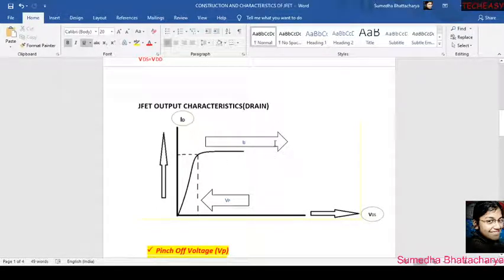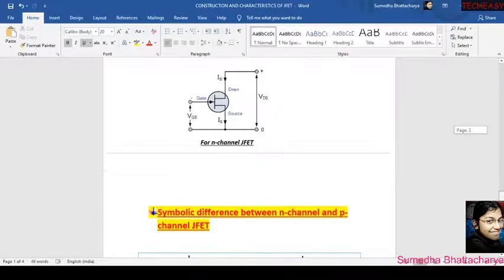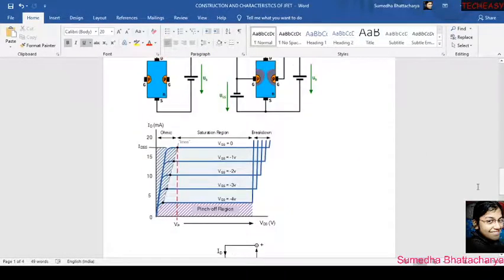So this is the saturation region and this is the pinch off voltage I have discussed. So in this case we can see that for VGS equal to 0, the current will increase and then saturate,